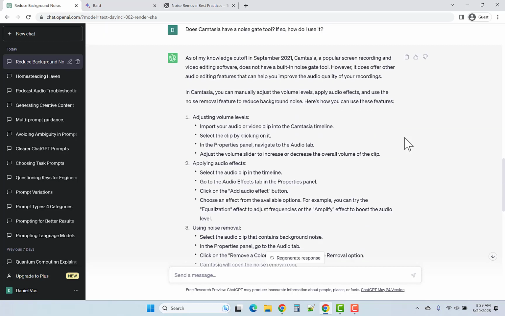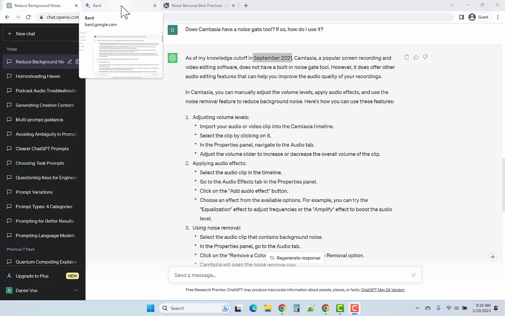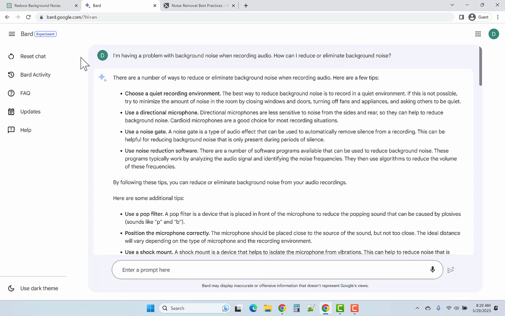However, what I found was that what ChatGPT said was not particularly helpful, because it has a knowledge cutoff in September 2021. And we know that Bard does not have that same knowledge cutoff. So with Bard, I posed the same problem, and it gave some of the same answers, and again, I drilled down into the